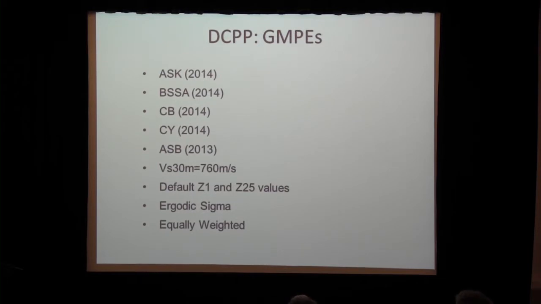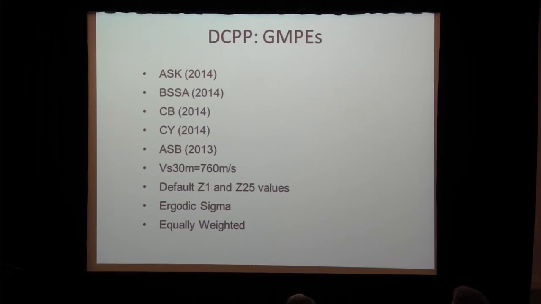So starting off with the GMPEs, 2 weeks ago we heard some preliminary logic trees for the ground motion prediction equations for the SWUS project. That of course includes Arizona in the ground motion modeling. But if we're looking at Diablo Canyon, I've selected 5 GMPEs to use for all the analyses I'm presenting today. 4 of them are the currently being released NGA West 2 ground motion models: the ASK model, the BSSA model, the CB model, the CY model,